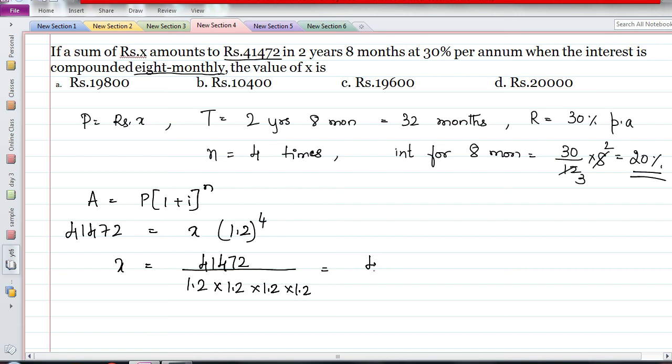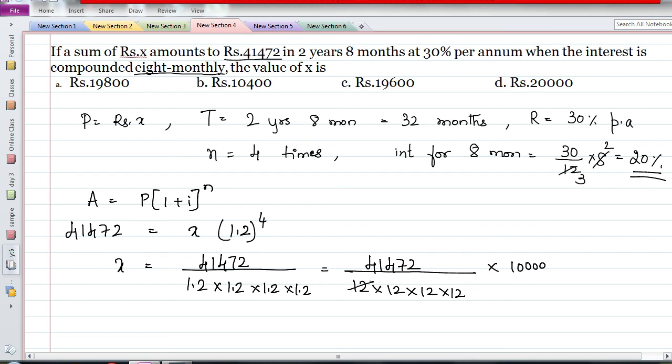So if you have to find the answer here, you need to eliminate decimals. I usually eliminate decimals. So what I do is, I'll consider this as 12 instead of 1.2. If I am removing one decimal point, then I need to multiply 10 in the numerator. Here I have removed 4 numbers after the decimal point, one here, one here. So I need to multiply 10 4 times, that is 10,000.